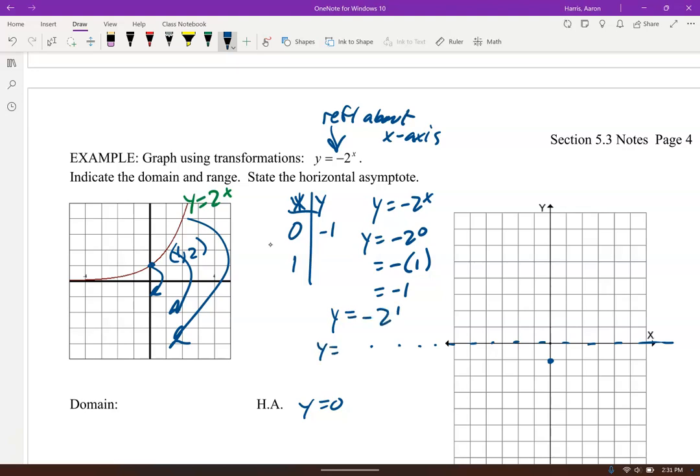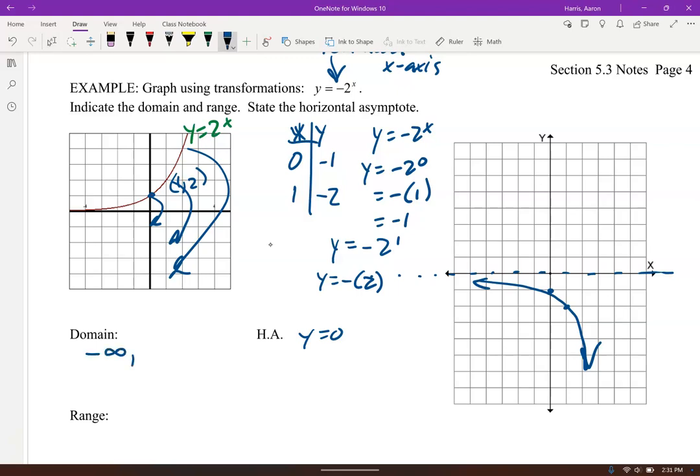2 to the 1 is 2. Then you apply the negative, so you got negative 2. 1, negative 2, right there, and so on. I could graph the rest of them, right? But I'm going to see that thing reflected about the